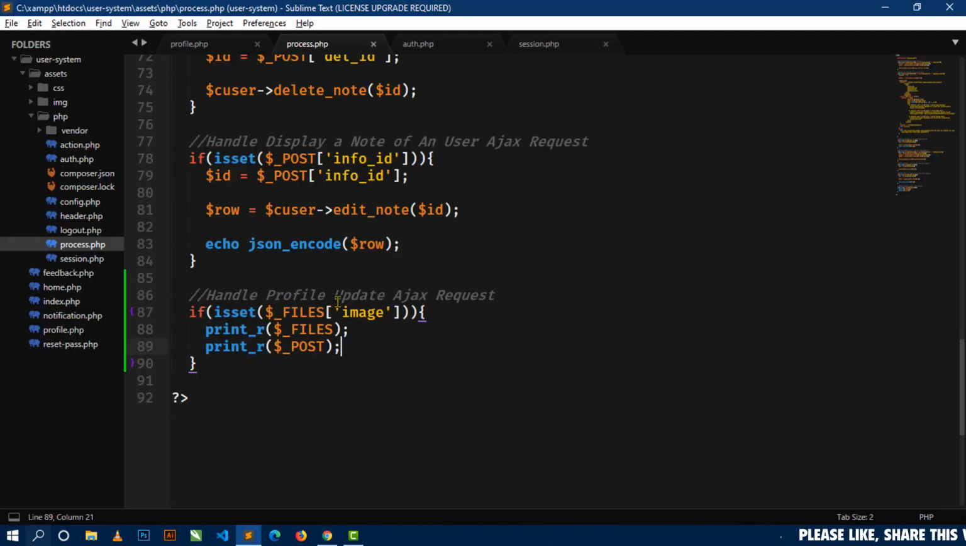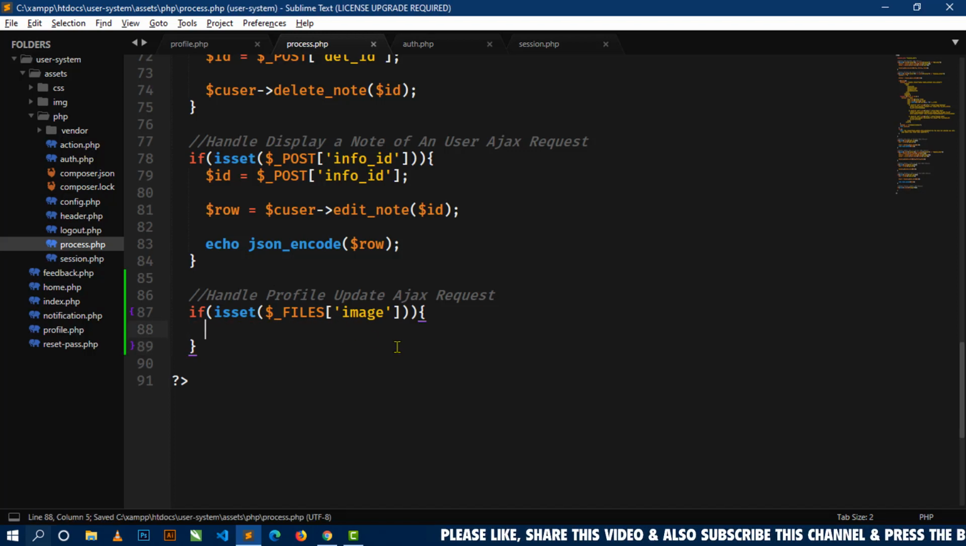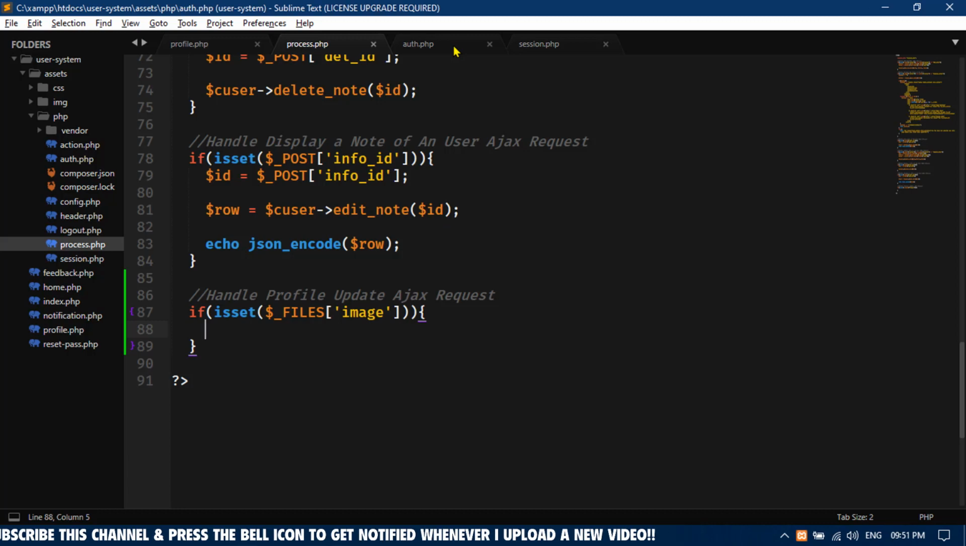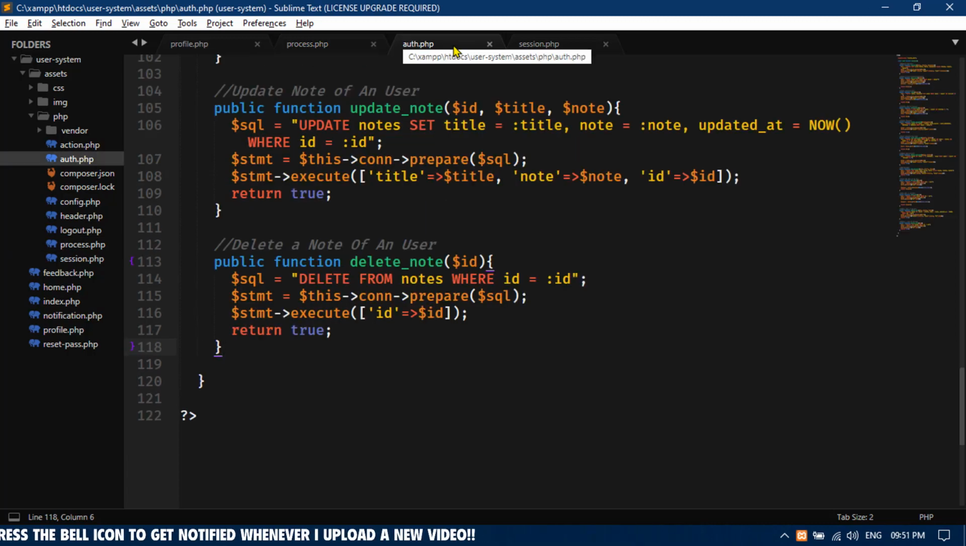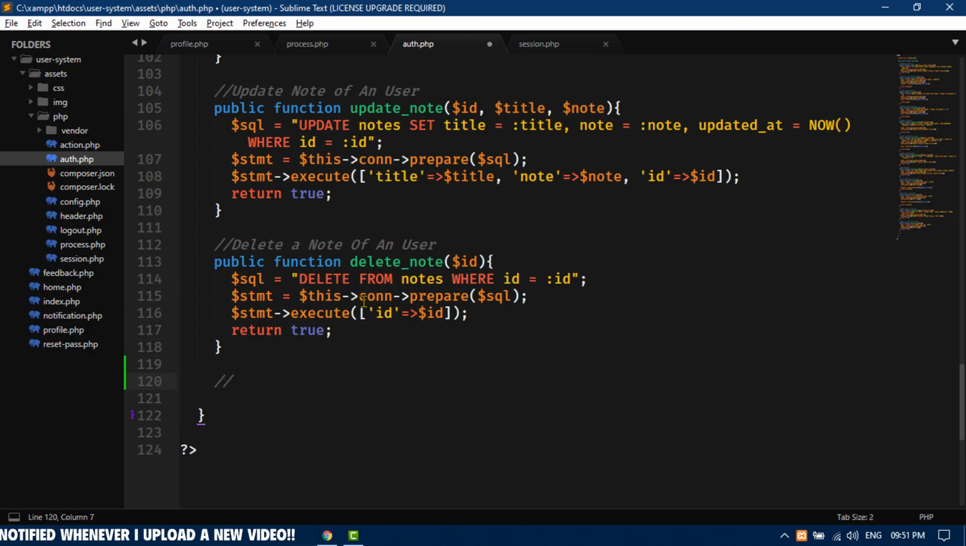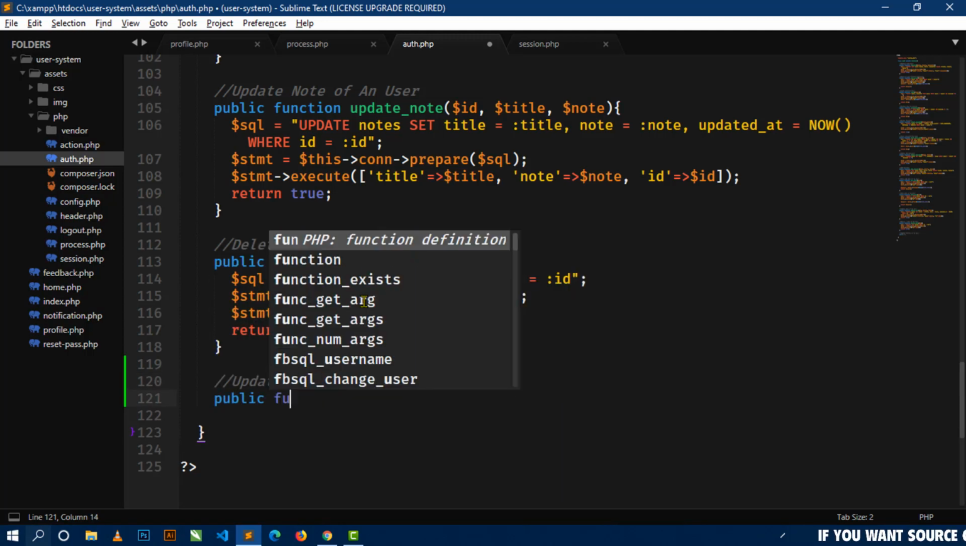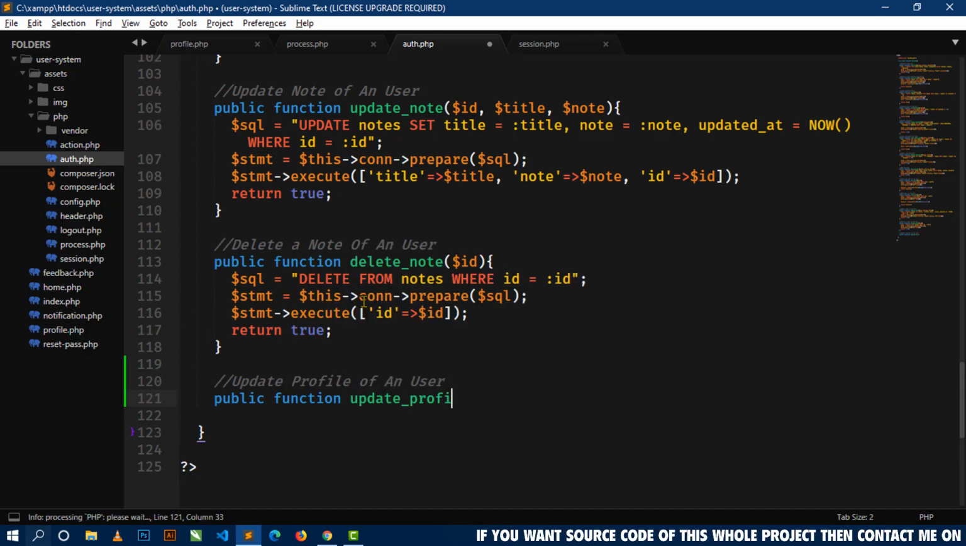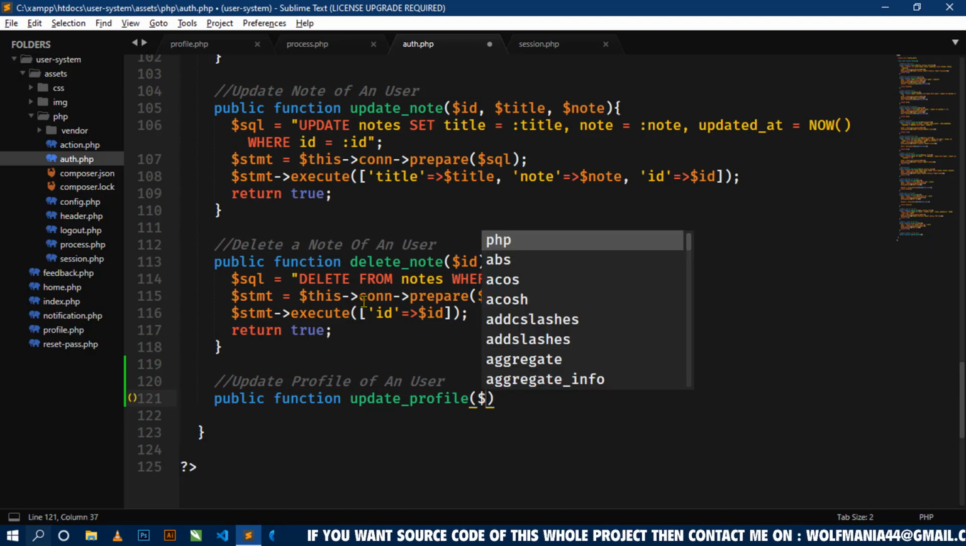Come here in the process.php file. Now just remove these two lines. First, I will also create a method for updating the profile of a user in the auth.php file. So here just below I will write a comment, update profile of a user. Now here I will write public function update_profile, and here I will use some parameters